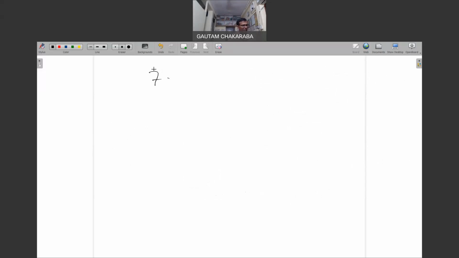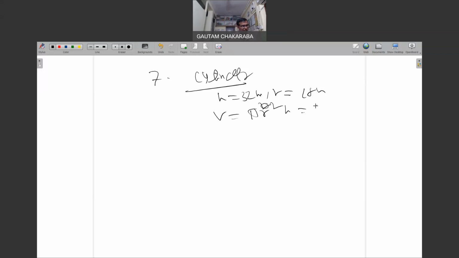Question 7. A cylindrical bucket, 32 centimeter height and radius of the base 18 centimeter, is filled with sand. For the cylinder, height, radius, find volume: pi r square h. R is 18, and this sand